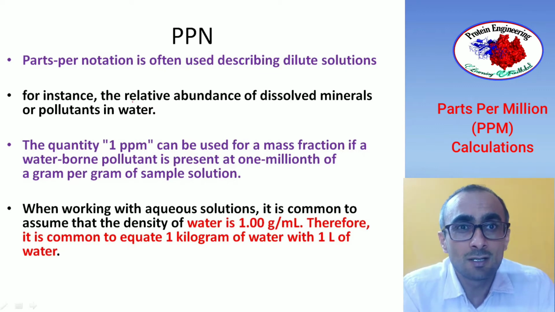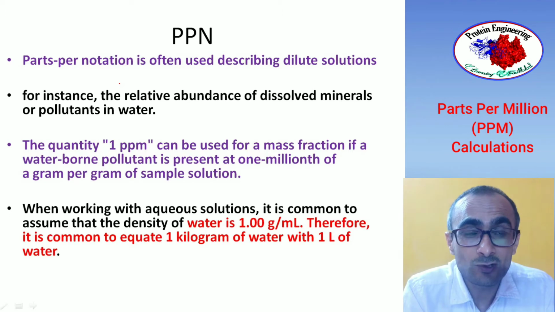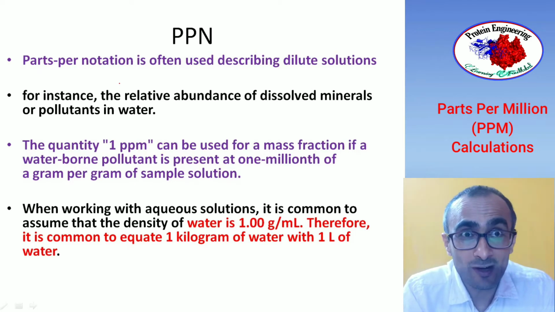For instance, you talk about concentration of adulterants in water and air. So that concentration is too small that you use the parts per million word in order to define the concentration. And when you say 1 parts per million, it simply means that when there are 1 million molecules, for example, out of those 1 million molecules, one molecule is the solute which you are talking about, so that's called 1 ppm. Or you have, say, 1 million gram, 1 million gram contain 1 gram of something, a 1 millionth portion of the solution. That defines ppm, parts per million.